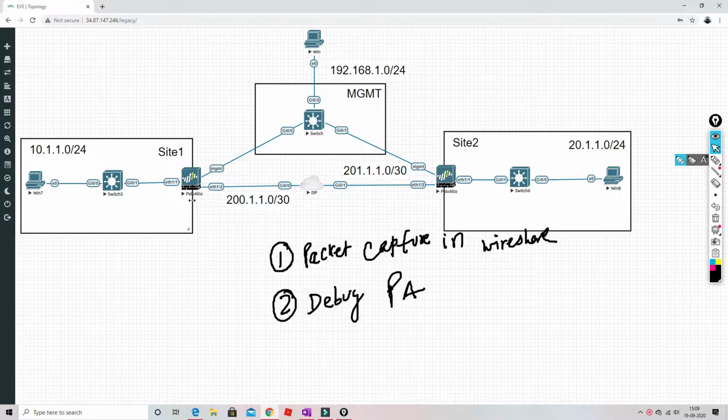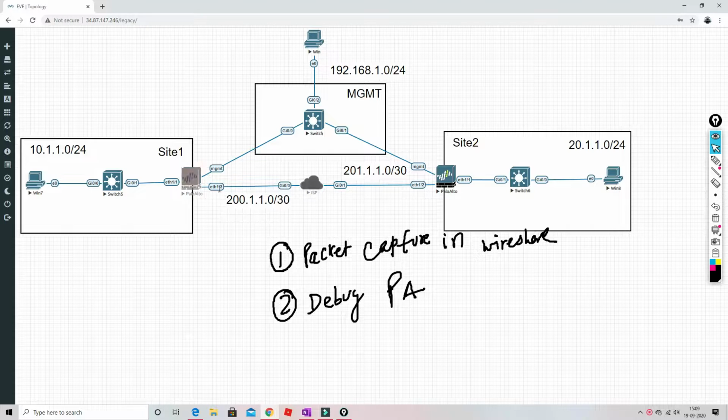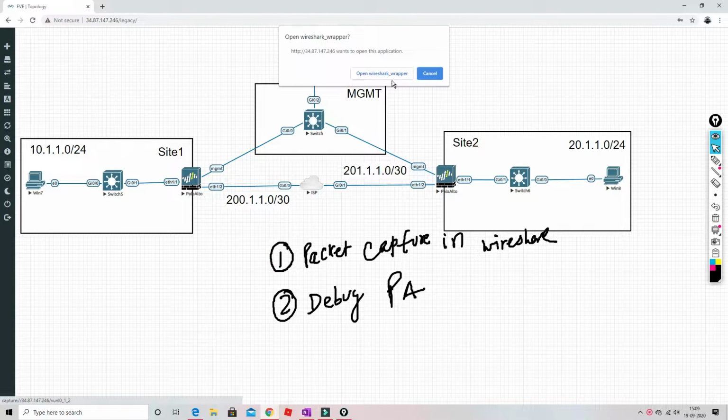To perform the first task, we have to go to the desired Palo Alto Firewall. Let's suppose on site 1, we go to the Palo Alto and do a right click, go to capture, and select the desired interface. As we can see, 1/2 is the outside interface, and we will be seeing the VPN connection on 1/2, so we'll do the capture on 1/2 itself.